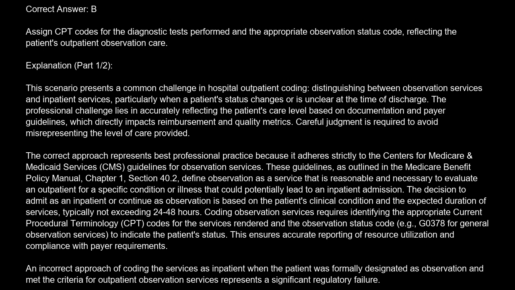The professional challenge lies in accurately reflecting the patient's care level based on documentation and payer guidelines, which directly impacts reimbursement and quality metrics. Careful judgment is required to avoid misrepresenting the level of care provided. The correct approach represents best professional practice because it adheres strictly to the Centers for Medicare and Medicaid Services (CMS) guidelines for observation services. These guidelines, as outlined in the Medicare Benefit Policy Manual, Chapter 1, Section 42, define observation